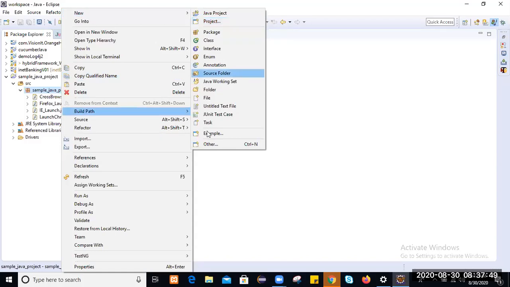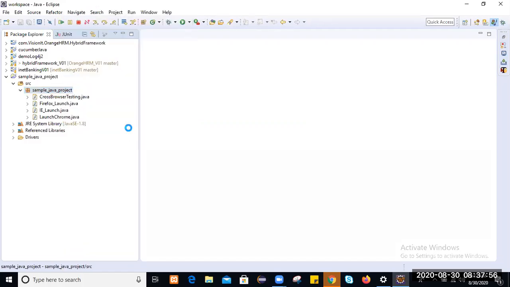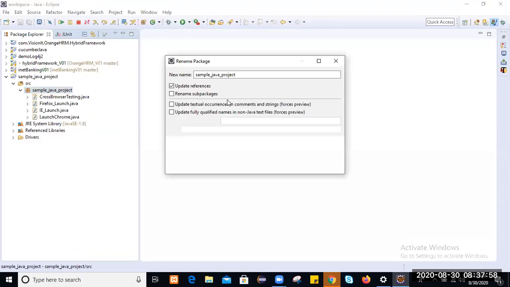So actually, what is WebDriver? Is it an automation tool? Is it a class? Is it an interface, or what exactly is WebDriver?